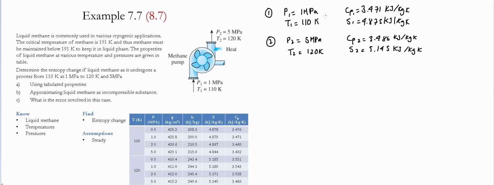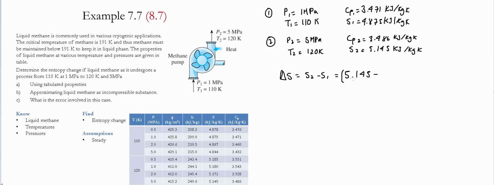This is the information for temperature and pressure that we have for the beginning and the ending stage of the process. Using these tables, we are able to find the values for CP and entropy at both of the stages. The first part is asking us to calculate the entropy using these tables. So we're able to find the change of entropy simply by taking the difference of the final state minus the initial state, and that is simply going to be